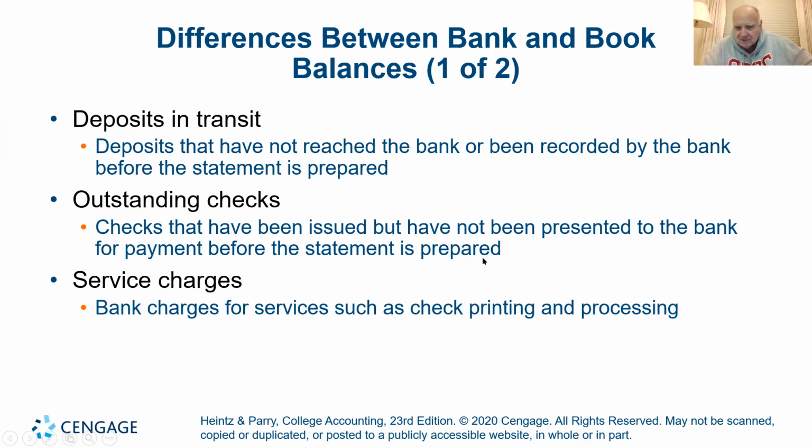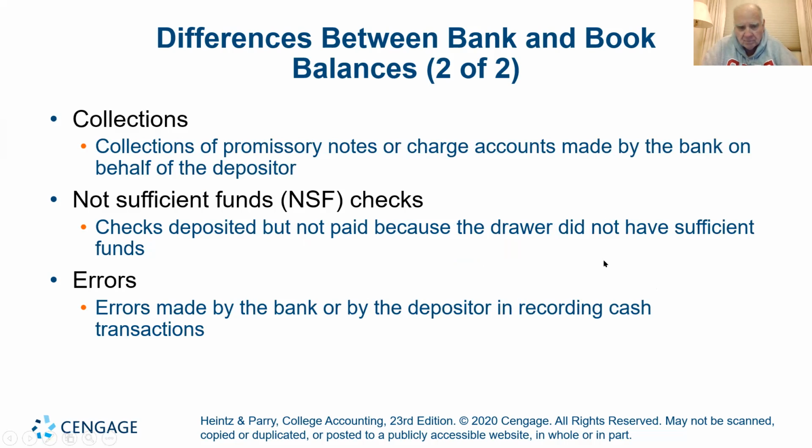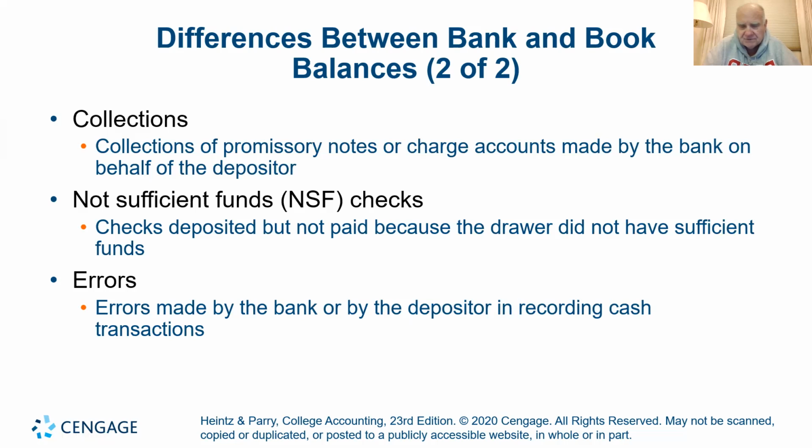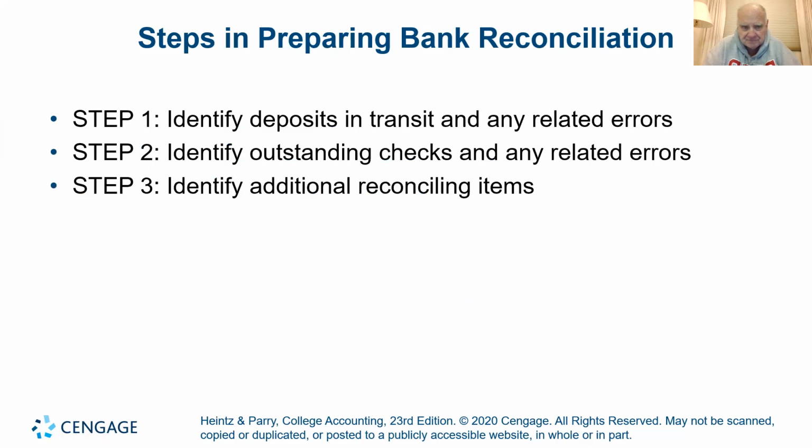Conversely, the bank is going to tell us things we don't know. We're going to look at that bank statement, and we're going to see there are charges there, bank fees, we might see interest income, we didn't know about. We might see a payment from a customer in the form of a direct deposit to the bank. These are all things we did not know until we received the bank statement. So in preparing the bank statement, we have to figure out the deposits in transit, the outstanding checks.